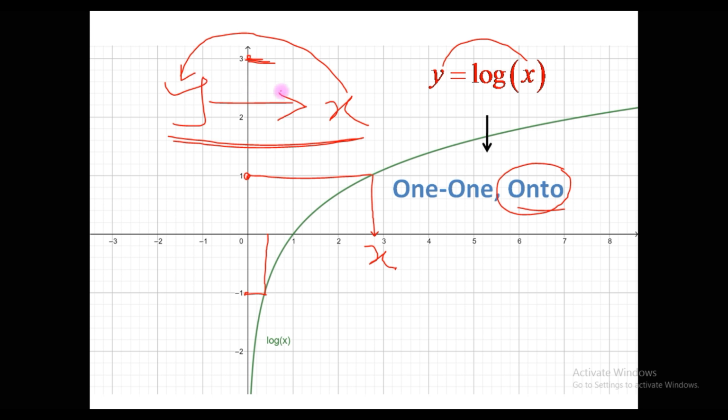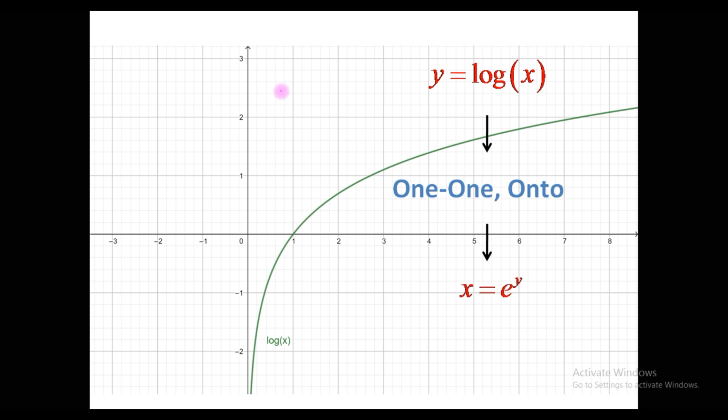Okay, now let's go to the next part. See here, if y is equal to log x, what is x? Here the base is nothing but e. So how to write x? e will go to that side and y will be the index for it. So x is equal to e raised to y. This we have seen last year in the function chapter, how to write the logarithm function in logarithmic form as well as in index form. You have seen these forms.